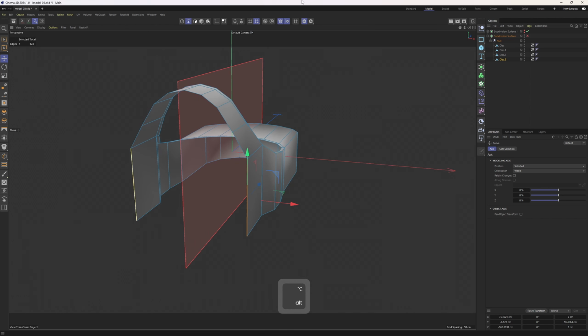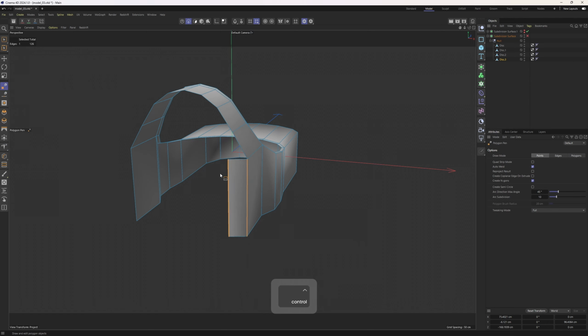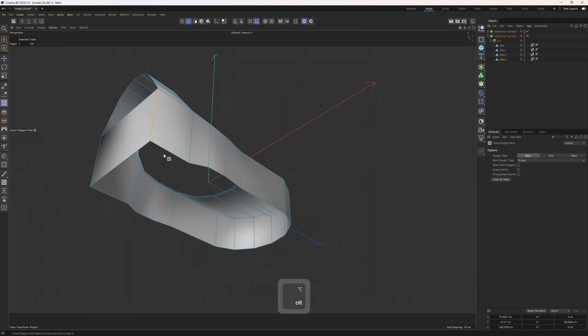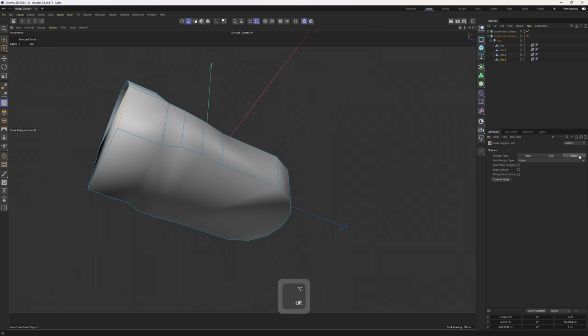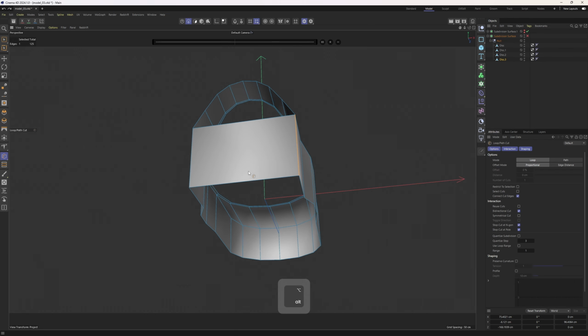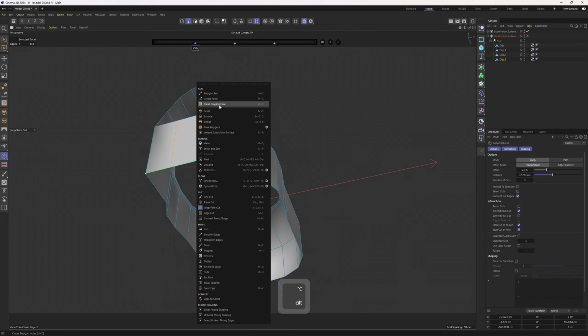Then let's turn off symmetry hub. I will use polygon pen tool to bridge these edges as usual. Then let's try to use close polygon hole tool. I will select patch one. This is not gonna work because we need to give something like adding these edges in. I'm gonna set this to 3 and use that tool